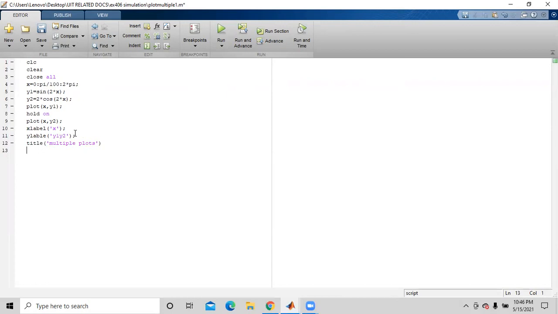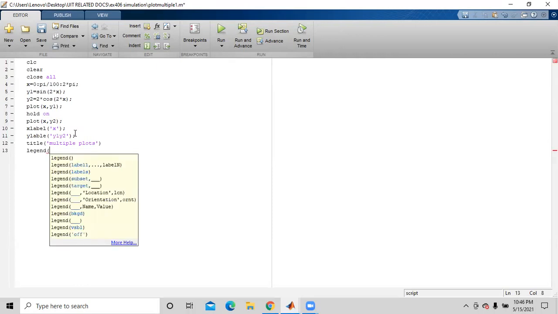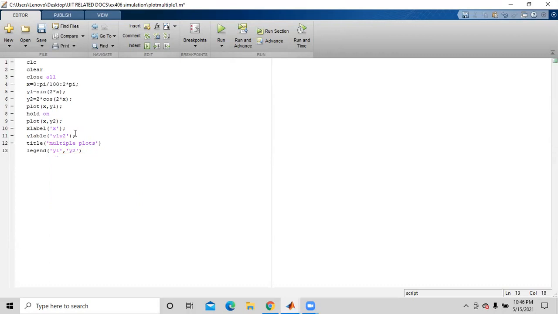One more thing which we can do here is we can introduce the legends here. What legends will do? Legends are basically, it will give you which one is your y1 or which one is your y2 graph. So you can just write that. For instance, let's say the first one is your y1 and give a comma and then y2 and then close it and then just save it and just run it.